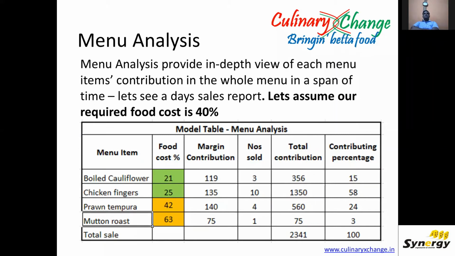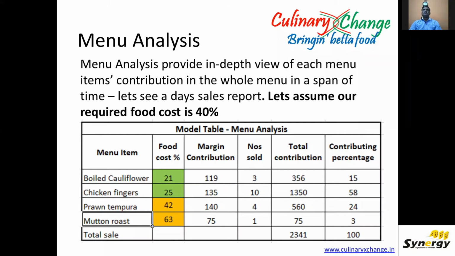If you do menu analysis every month, you will be able to understand how the profitability of each product is changing. Suppose you have a chicken puff. One month the chicken price may be 160. Over a period of another 2 months, it may be 100. So by doing this menu analysis, we definitely will be able to understand what is the contribution from each product or menu item. Suppose this month you see our regular profitable item is giving less contribution. Naturally, you can try to tweak the menu a little bit